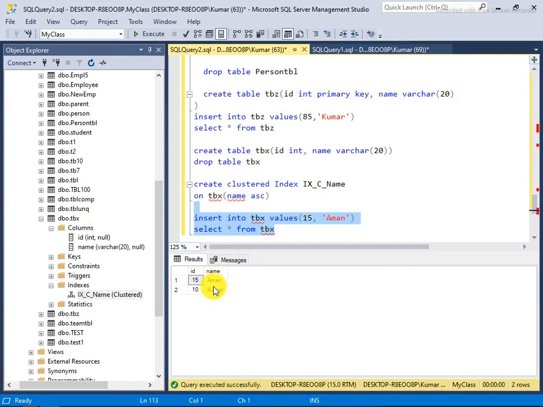It's automatically sorted. Like if I say 7 and now I say Bina, again you will notice that it will be sorted to the downside. Whether 7 is the id or not, I made a clustered index over name, so it will go to the downside.